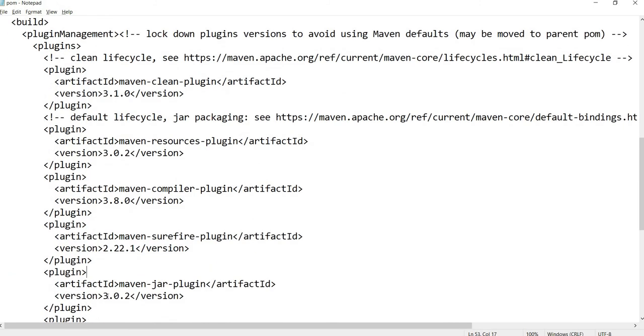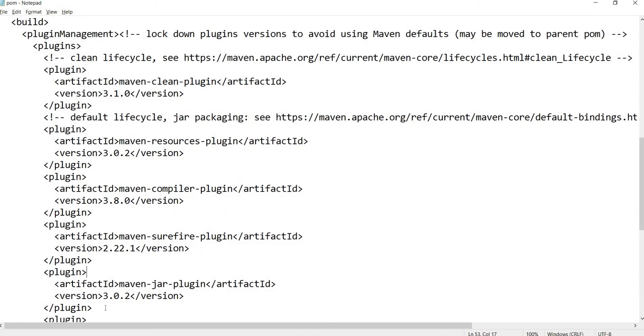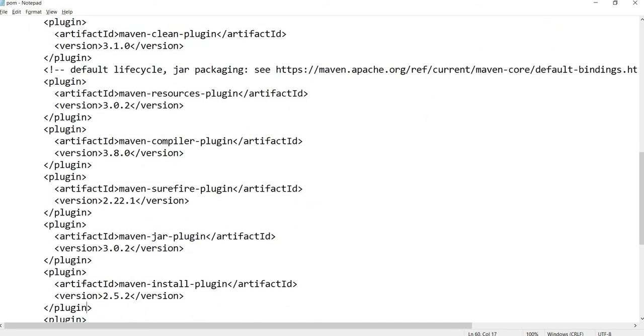Then packaging. Packaging is being done by this plugin. So what does this plugin do? It creates the jar file. We will see it, right? And then install or deploy. That is the release phase.